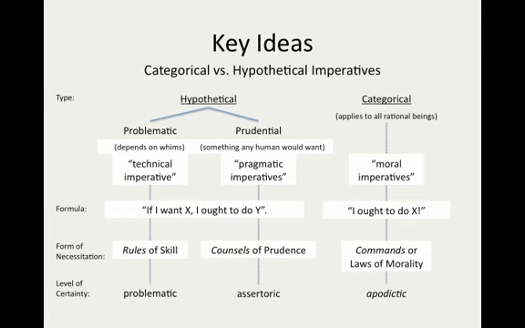The example from the other presentation is if you want to be an artist, then you ought to get some paints, but not everybody ought to be an artist. But moral principles apply categorically. They apply to all rational beings, and that includes me and you, no matter what other things that we want to do in life. So moral imperatives are going to apply categorically. What's the category? The category of rational beings, me and you.